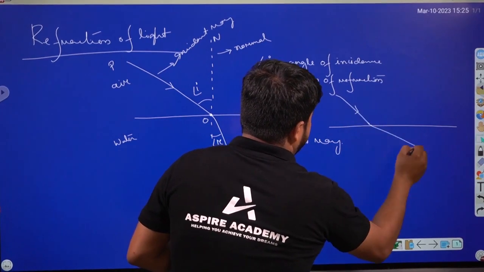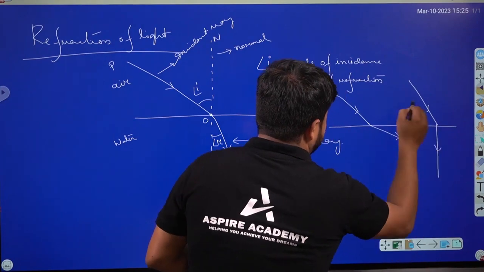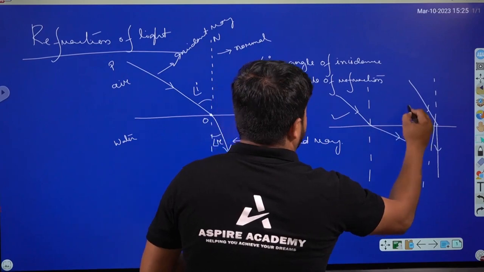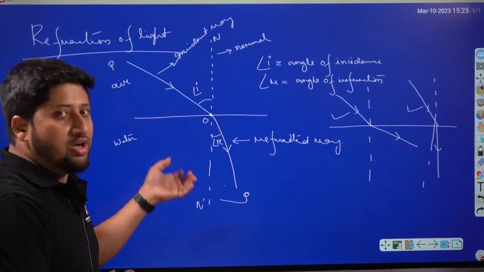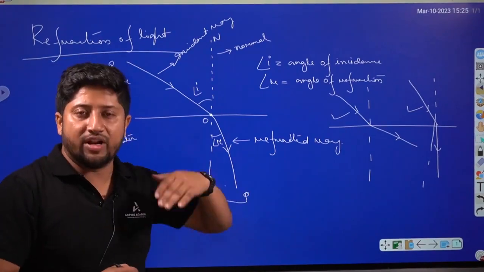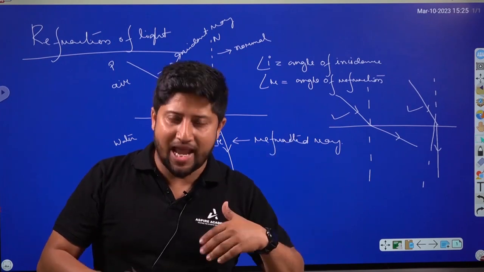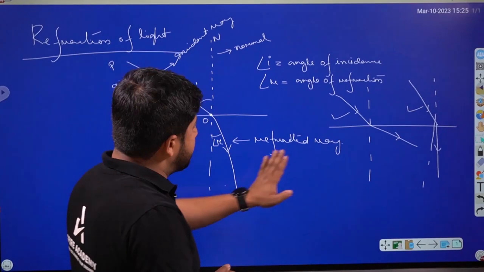There can be conditions under which a ray of light bends, with two mediums or two sides. I will explain those conditions, but first you need to know what refraction of light is. Whenever a ray of light is traveling from one medium to another medium, the light bends, and this phenomenon is called refraction of light.